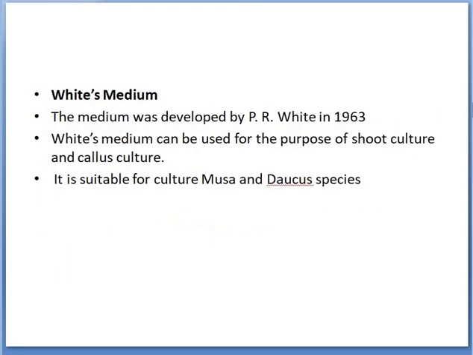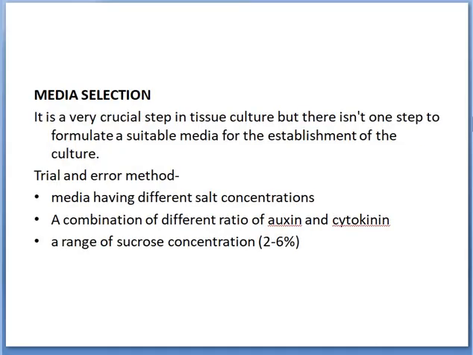White's medium was developed by P.R. White in 1963. It has a specific purpose of shoot culture and callus culture. This was one of the earliest plant tissue culture media developed. It has a low salt concentration, and higher concentration of magnesium sulfate compared to other plant tissue culture formulations. It is generally preferred for culture of Musa and Daucus species. Moving on,